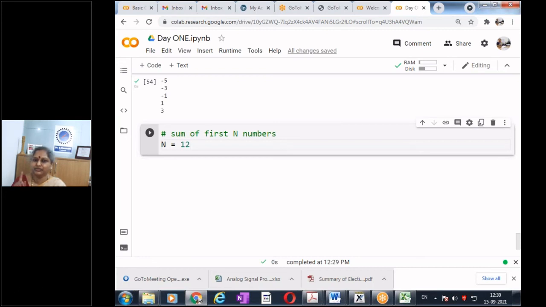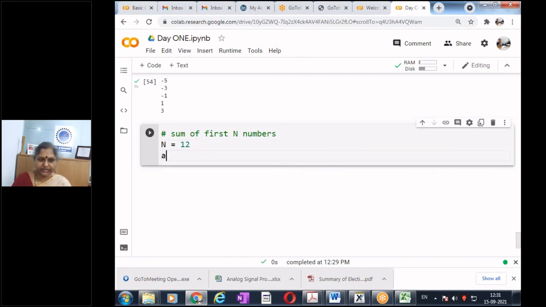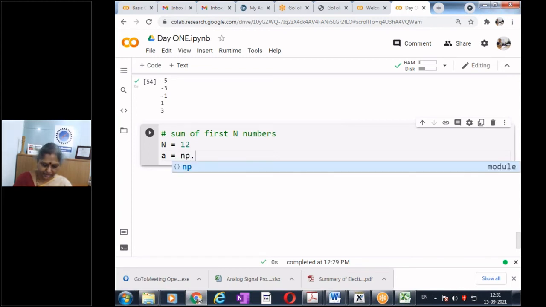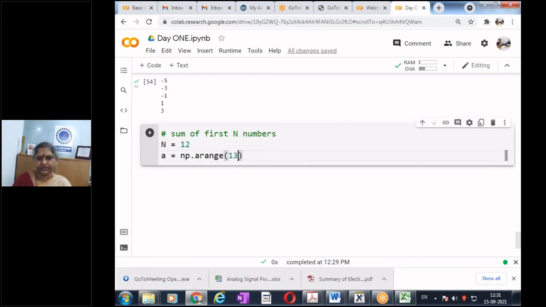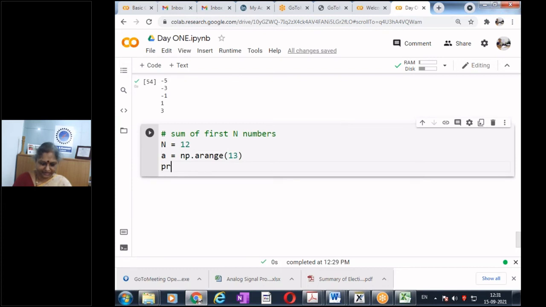Yes, please add 1 plus 2 plus 3 plus 4 plus 5 and see what answer we get. One way of doing it is I can simply define A as np.arange up to 13, and let us say print A, and let me run it.